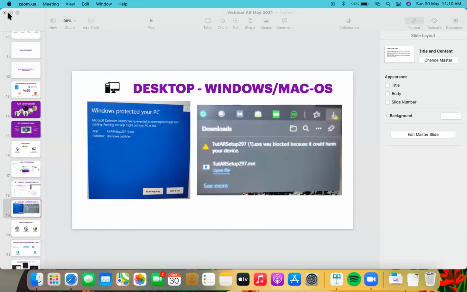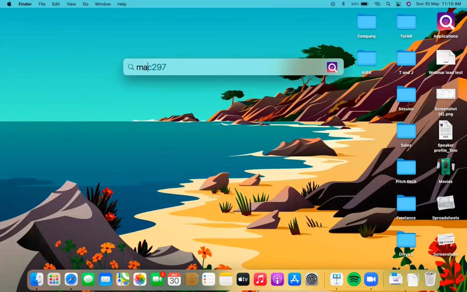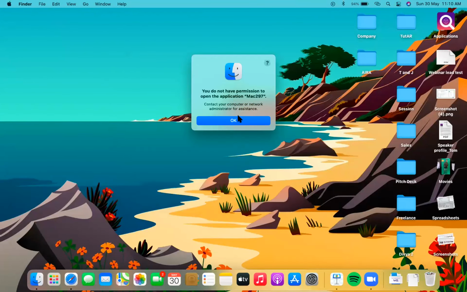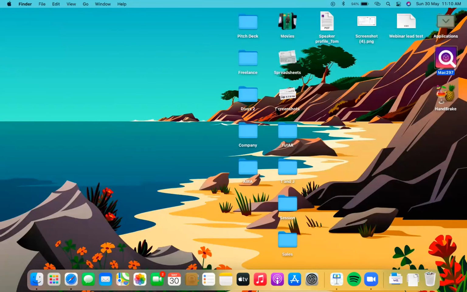Let me share my screen, and I'm opening the application. One second, small bug.